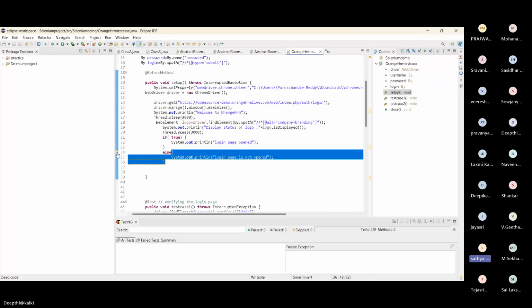Why? Because you are directly saying if it is true, it is always true. You're not checking the condition, you are giving it as a true keyword. So there's no need of the else block here. Just hold it as a Boolean variable. Boolean, that's it. Oh, okay. We have to write this as